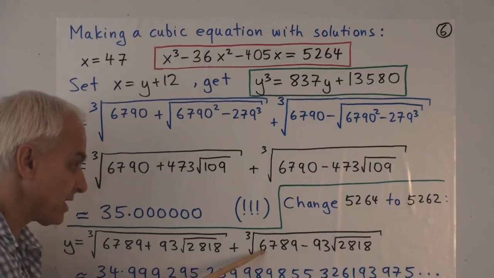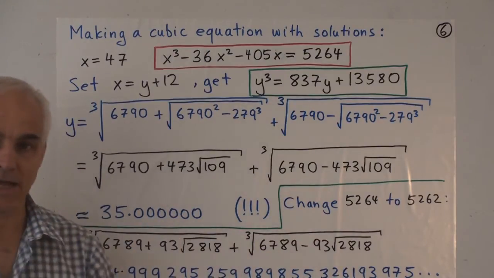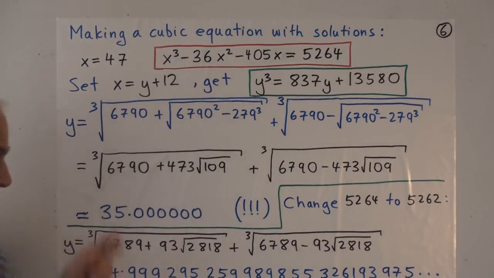But the difference between this expression and this expression is like the difference between night and day. Here there is an exact value that this actually can be interpreted as. How, maybe not so clear, but it can ultimately be given a concrete interpretation. But here the solution is only obtainable numerically, approximately.